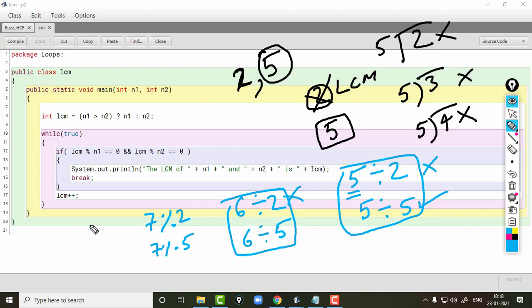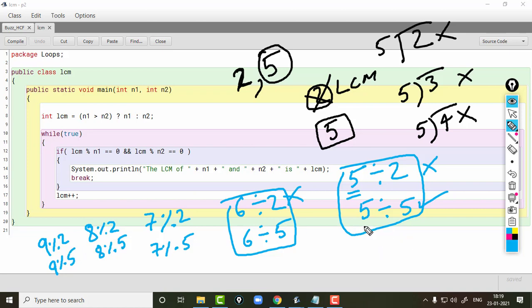Next, we'll try 8. 8 is divisible by 2, but 8 is not divisible by 5. So 8 cannot be the LCM. Next, we'll try 9. 9 divided by 2 and 9 divided by 5, so neither is divisible.